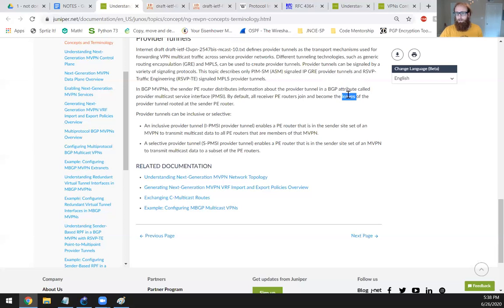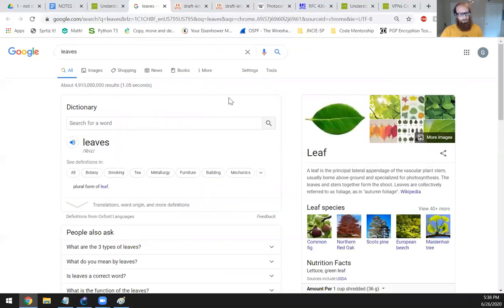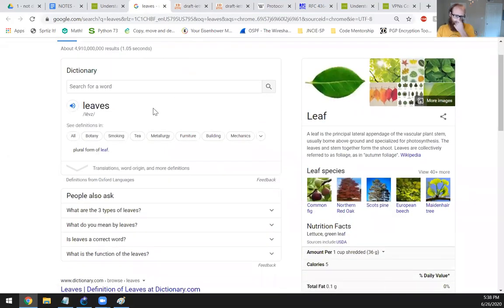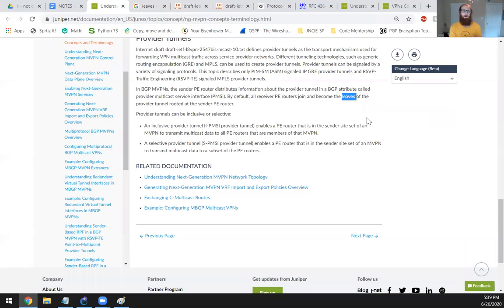That's not... Oh, okay. That is the plural form of leaf. Okay, my bad. Sweet. Okay, good. Of the provider tunnel rooted at the sender PE router,